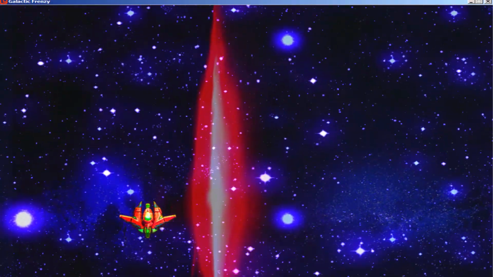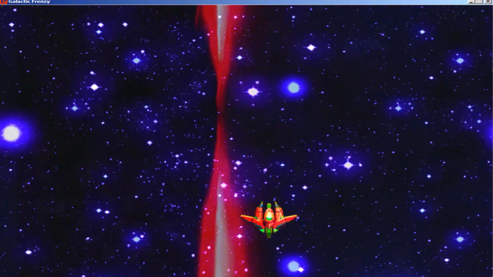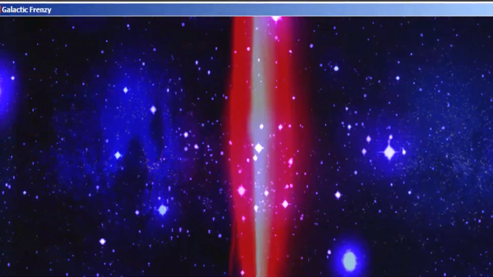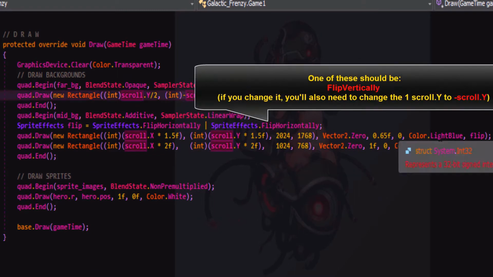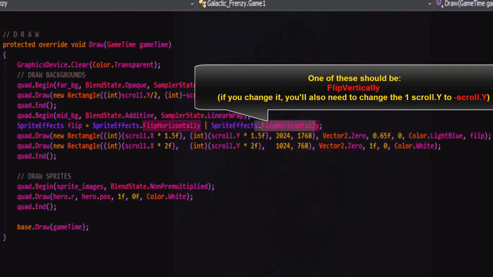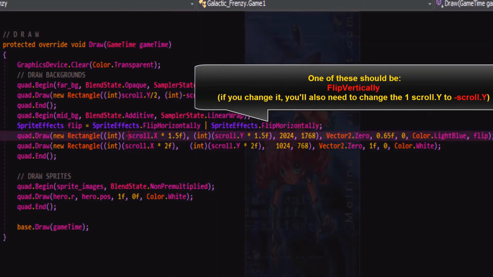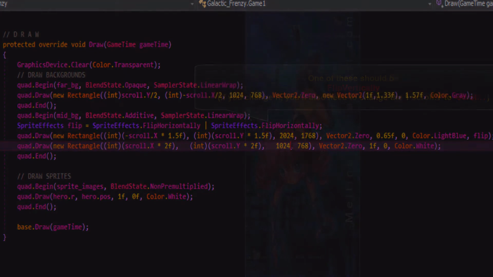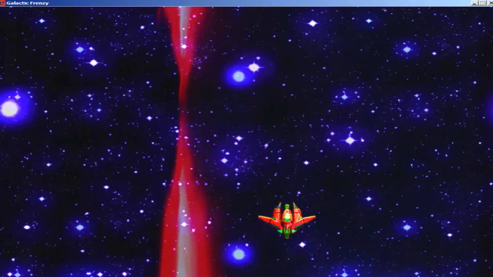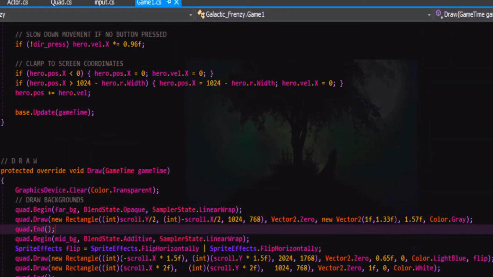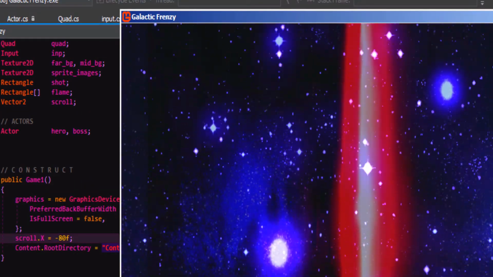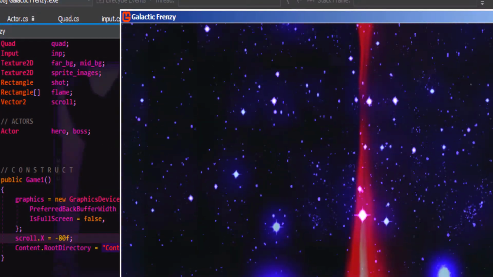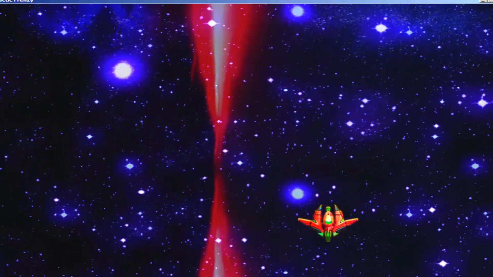I notice when I'm testing this that the far background and the mid background are moving in the wrong direction. Now that would make sense because this one's rotated 90 degrees, so that would mean we have to go negative on this one. And this one's flipped horizontally, which would mean we'd also have to go negative for this one. This one's not flipped, so we should be able to just leave it. Okay, that's better. Maybe I'll change the starting location of the far background. Because scroll X is the other way, I switched the scroll X start position to be -80 instead of positive for its start position.